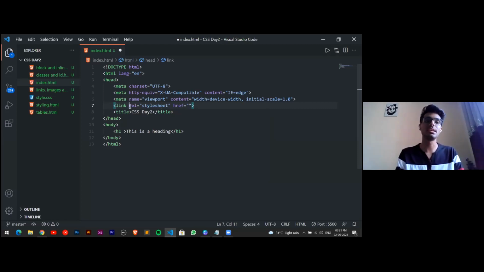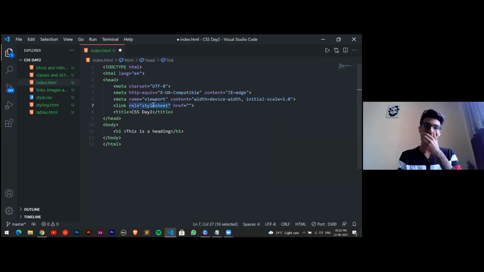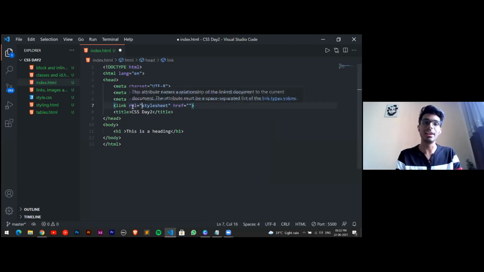Okay, as you can see here, it shows that rel is equal to stylesheet. So what does this mean? Our HTML, as we know, the doctype of this is HTML. We need to specify that this particular page is an HTML page. So this particular style sheet is related to this doctype. In what manner? In a style sheet manner. That is, this is my styling sheet. So that's the reason we write this, and it comes by default.